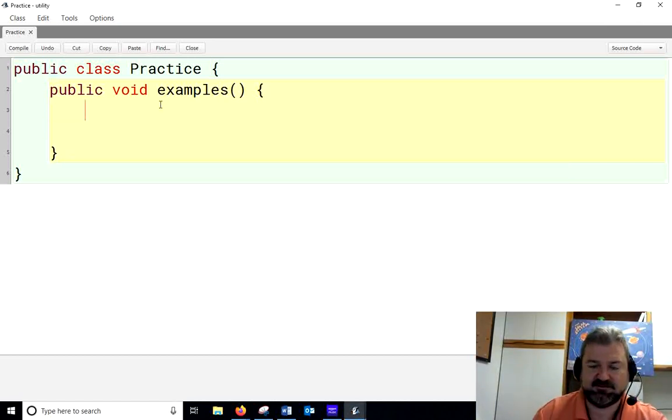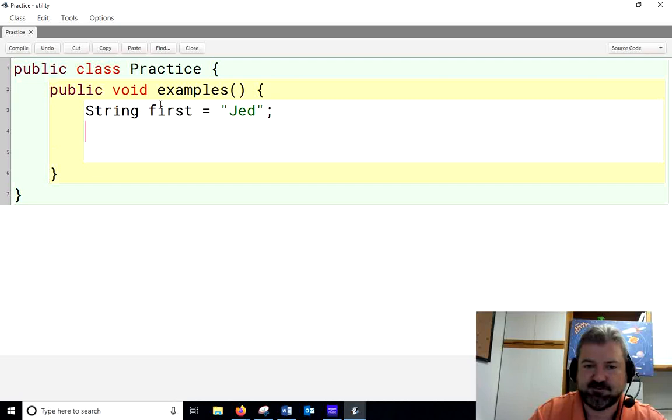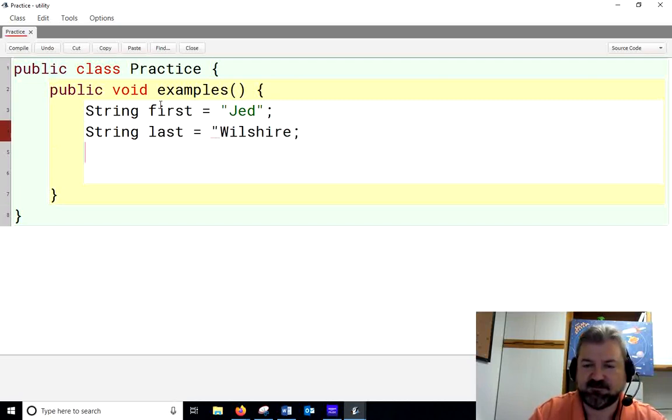Okay, let's see how you did it. String first equals Jed. String last equals Wilshire. So whenever you create a variable that will hold words, it's a string. Notice it's an object type. You can tell because of capital S. So there must be a class called String. Then to print, we say